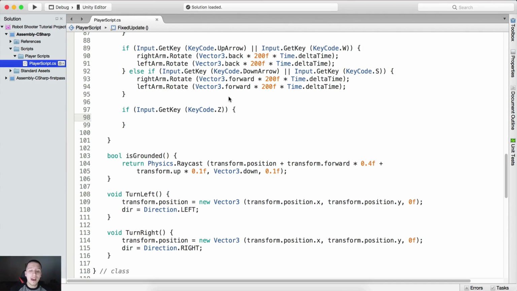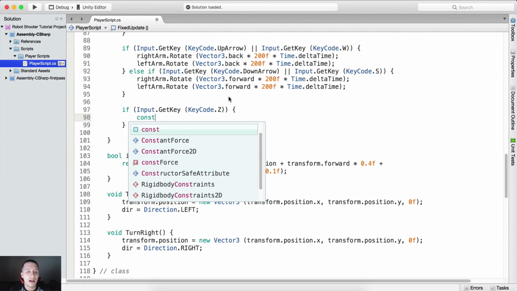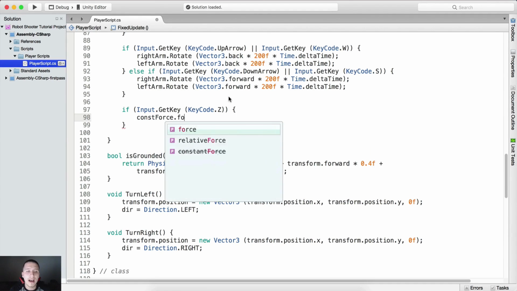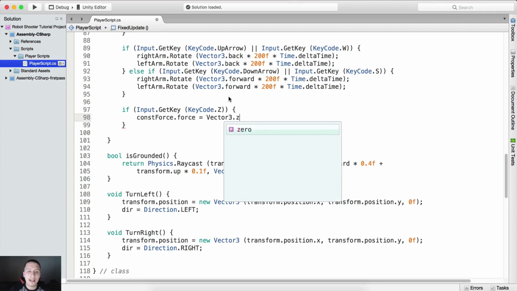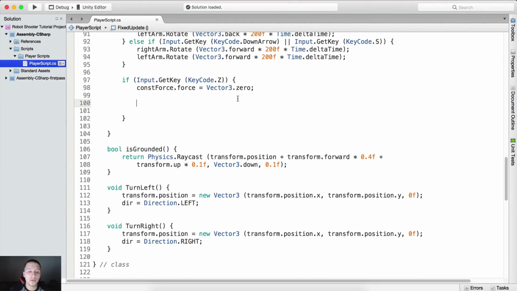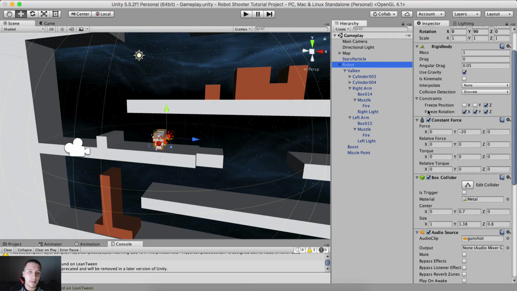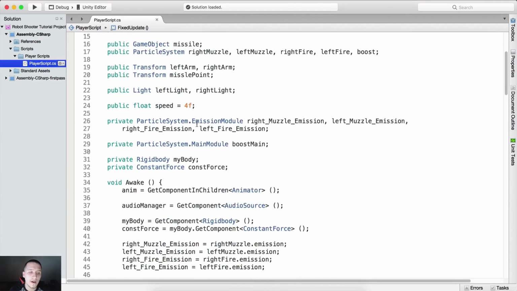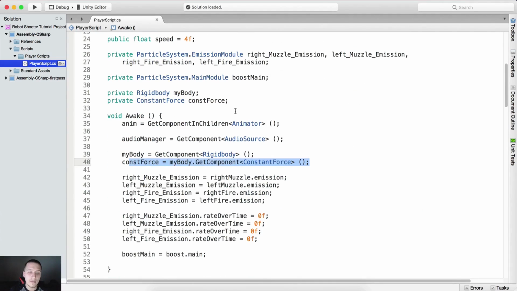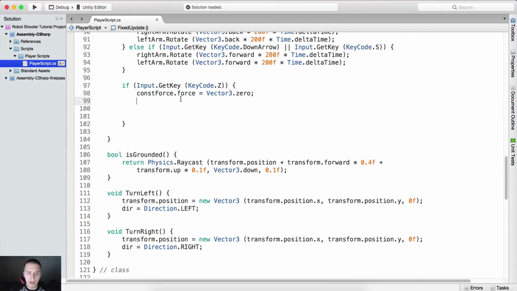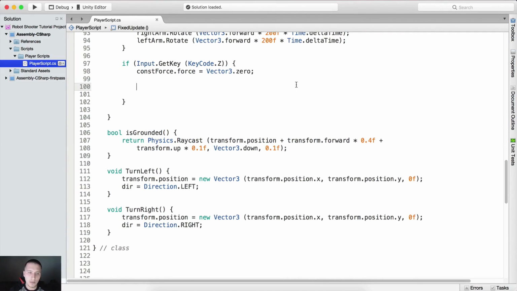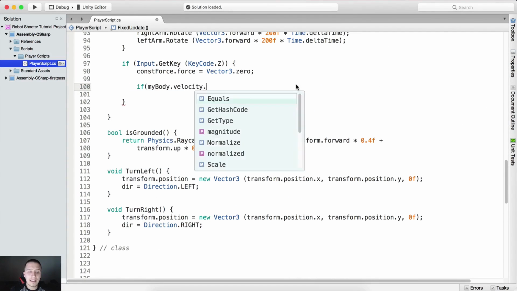That is fly. And for that, we're going to use the constant force variable. And we're going to say dot force is equal to Vector3.zero. This is the initial. So we're setting the force of the constant force, which is the component here. Clicking on the robot and going here into the inspector panel, notice the constant force, this one right here that we got in our Awake function. So here it is. This is that variable. So set it to Vector3.zero, which is 0, 0, 0 for X, Y, and Z. And we're going to say if myBody.velocity.y